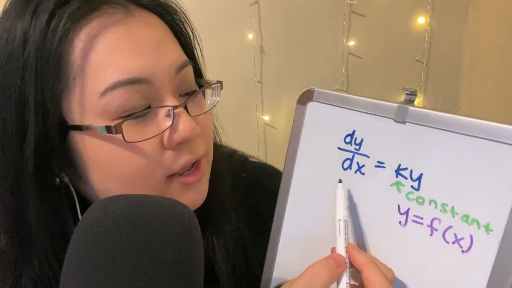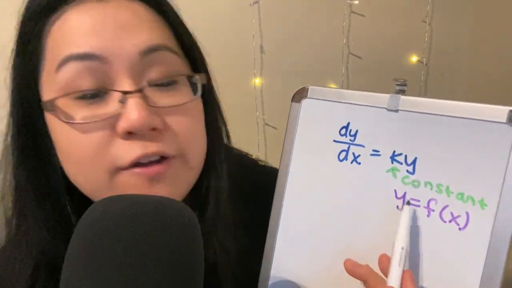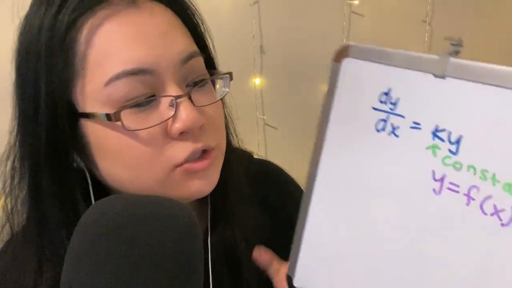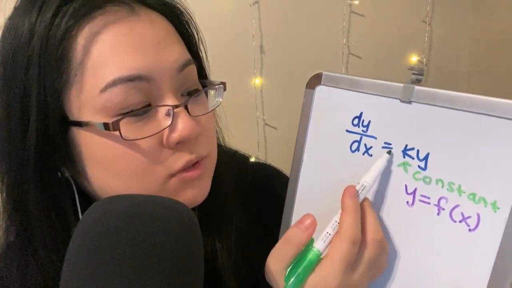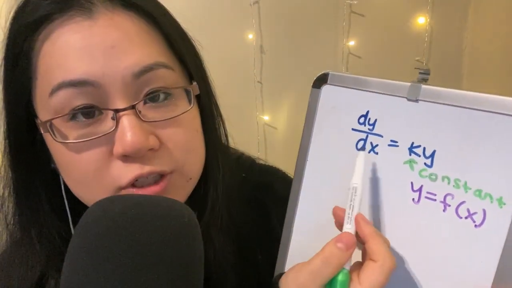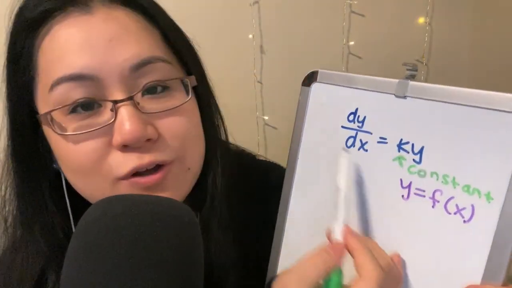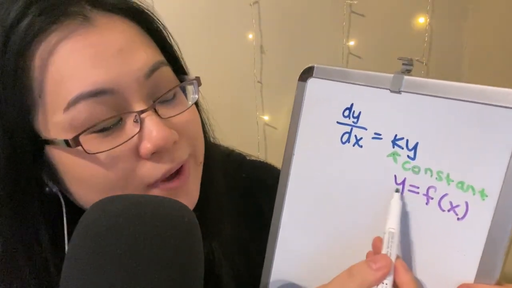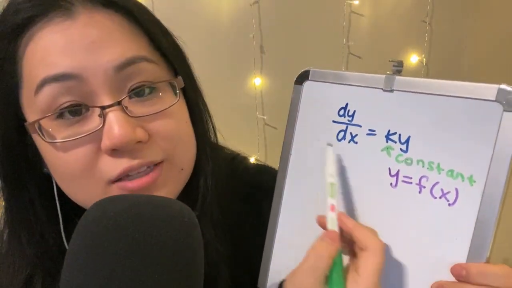So another way to look at the first derivative is it being the rate of change of my function, the instantaneous rate of change. So really, this question says that we have a rate of change equals a constant times my original function. So the first derivative of a function equals a constant times my original function. And we want to be able to solve this for what my function would look like. So actually, if we tried out, let's say y equals 2x, that would not satisfy this equation.